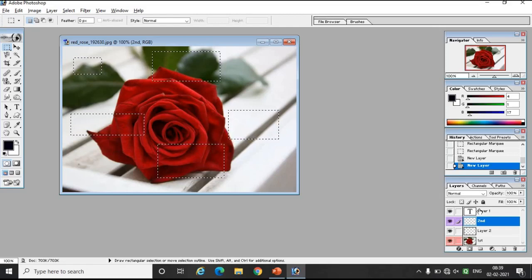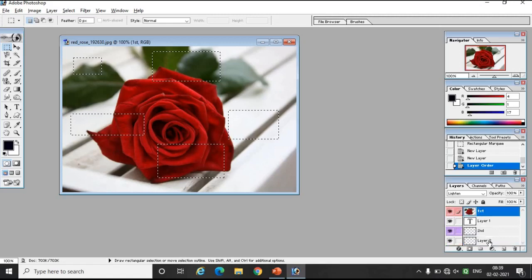If I want to change the order of layers, simply with the help of my mouse and my left mouse button, I have to drag the layer from one position and drop it at another position.